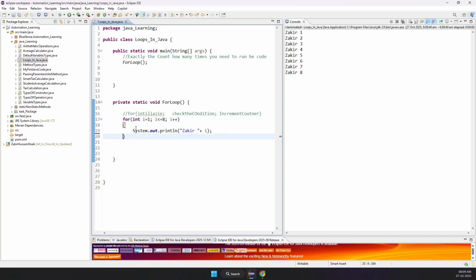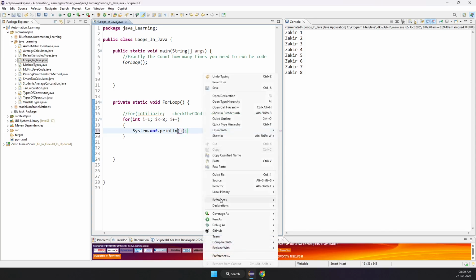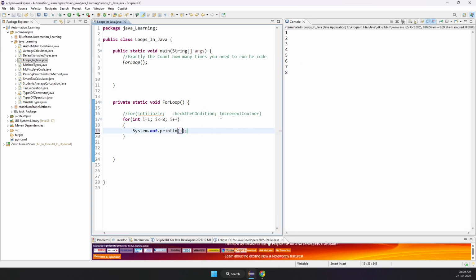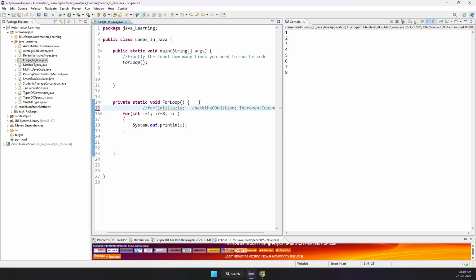So this is the beauty of your for loop. Let me remove this. Let me give it as i so that it is easy for you to understand. Okay, superb. So I hope you have understood what a for loop is and why it is used. Just in case you know how many times exactly you want to run, you can make use of a for